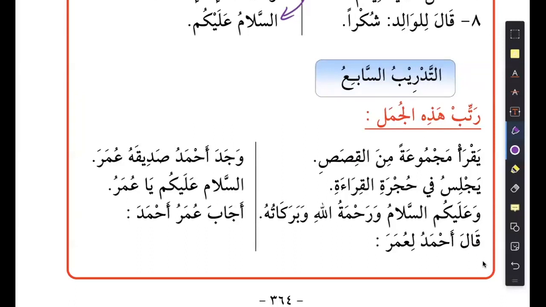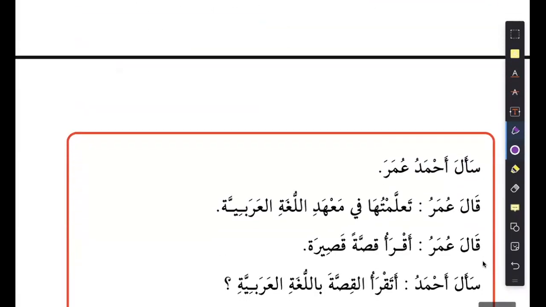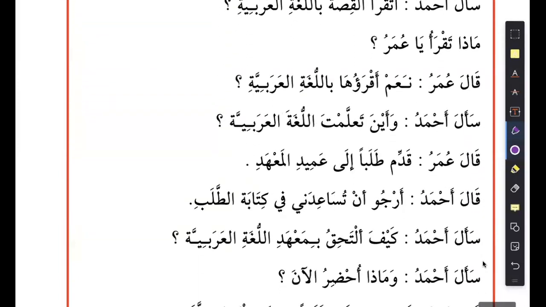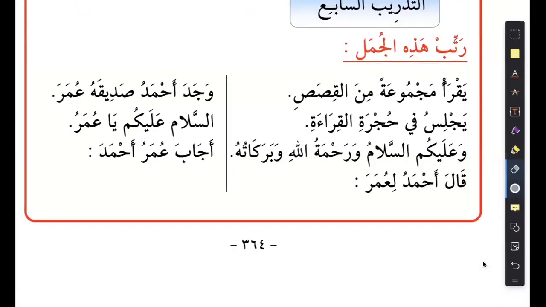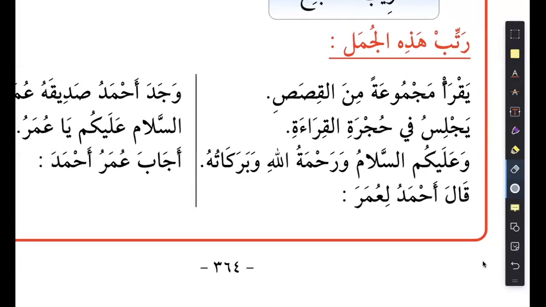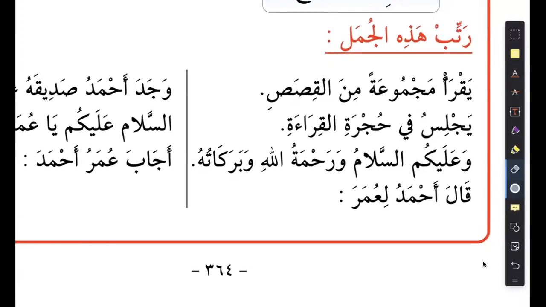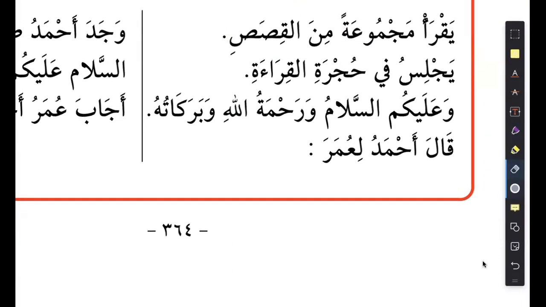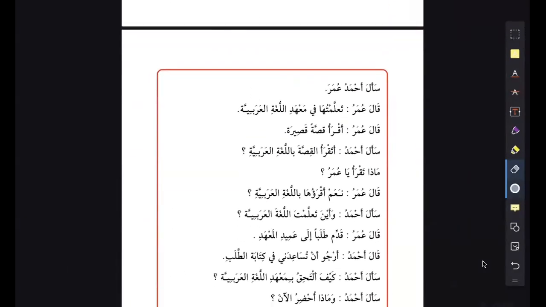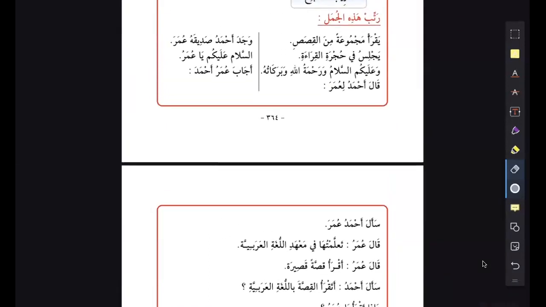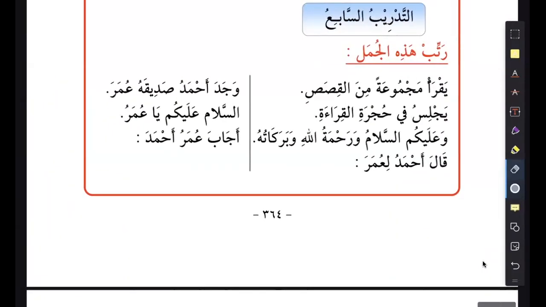رتب هذه الجمل. Now, they want you to organize these, put these sentences in order, basically. So it says يقرأ مجموعة من القصص. He read a group of stories, then يجلس في القرآن. If I'm just dealing with what we have here, we can start with something very simple. We can say